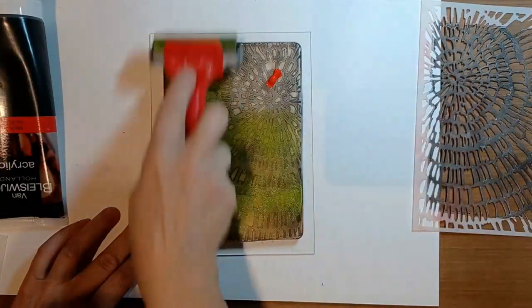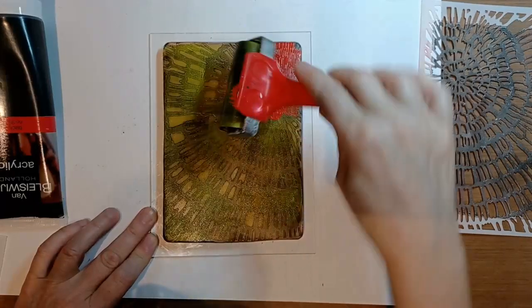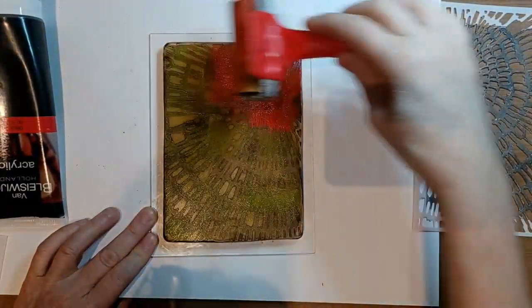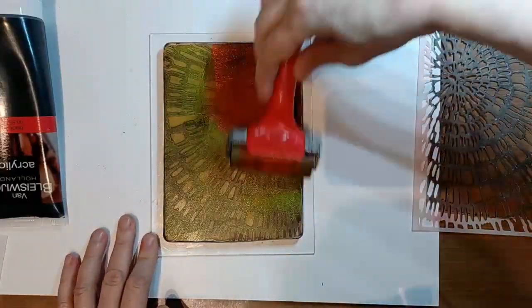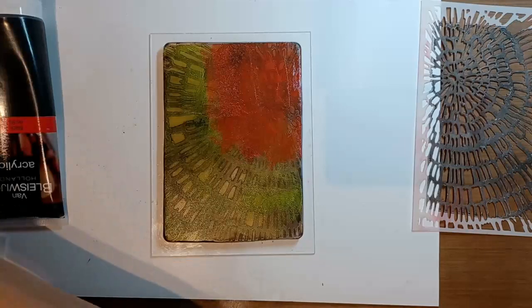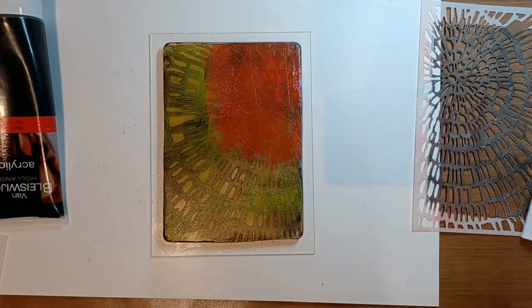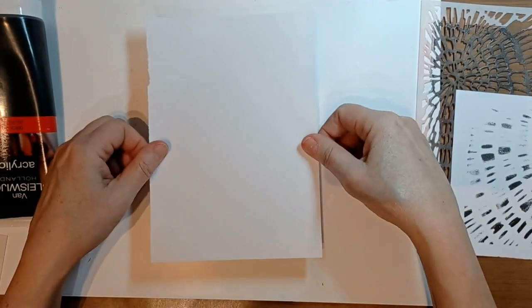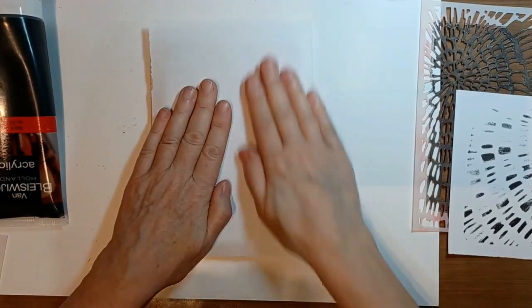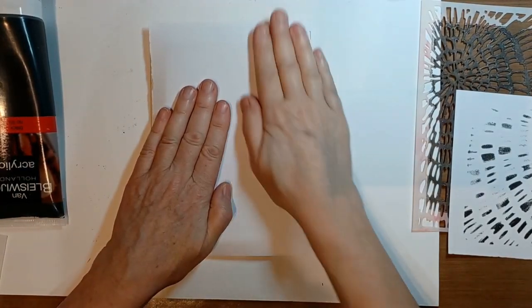And then the darkest color and blending it in a little bit. There. And then right away put the paper on top. Give it a good rub, and